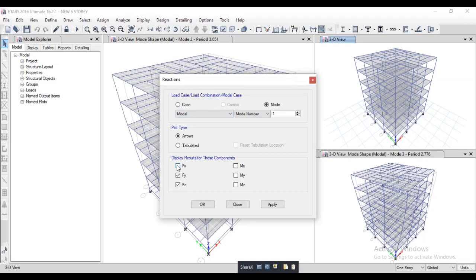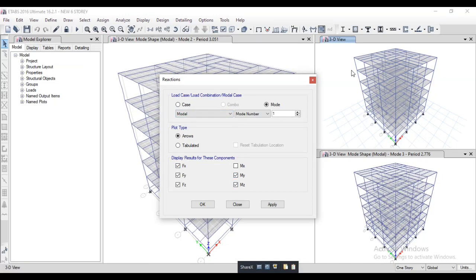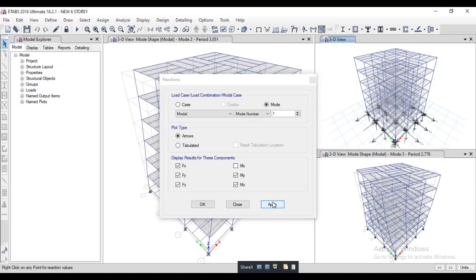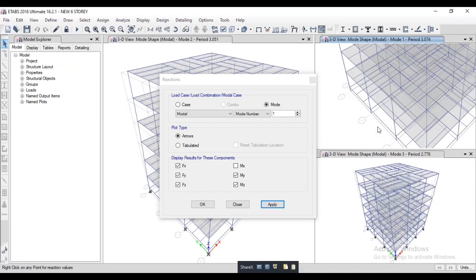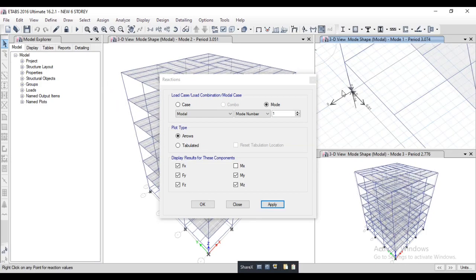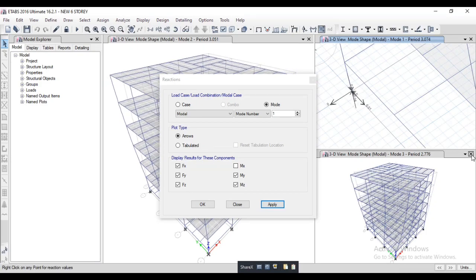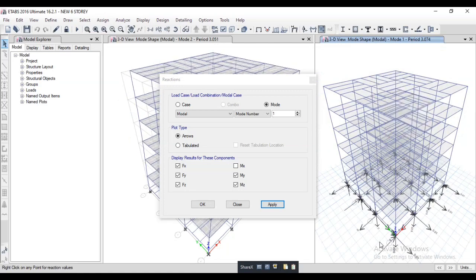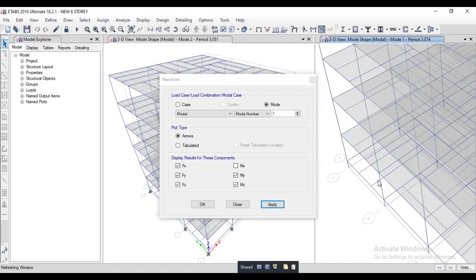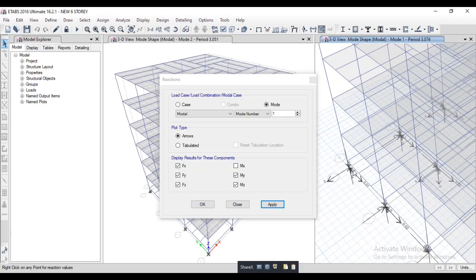So select here. See all the support reactions in all directions. See all the values.